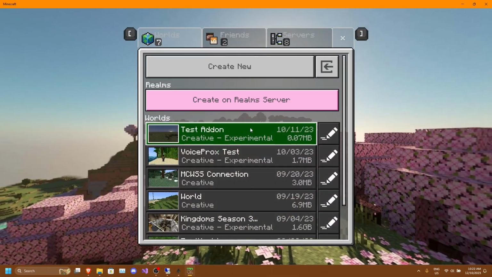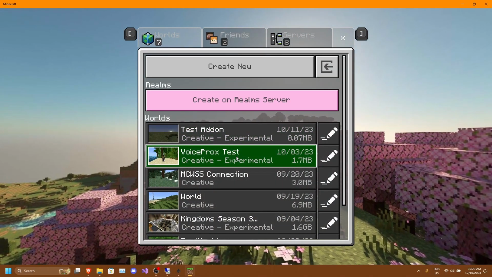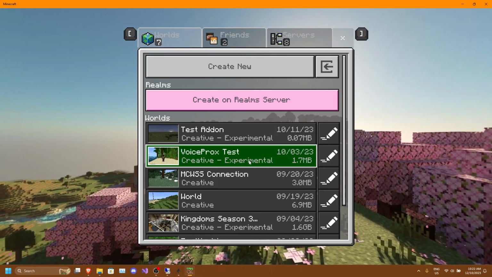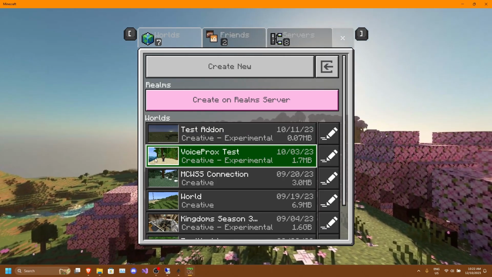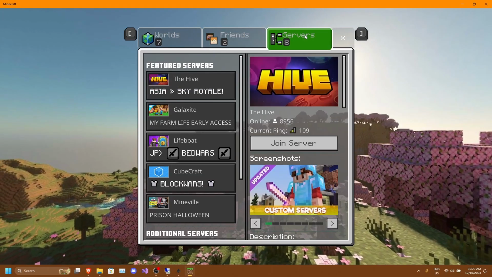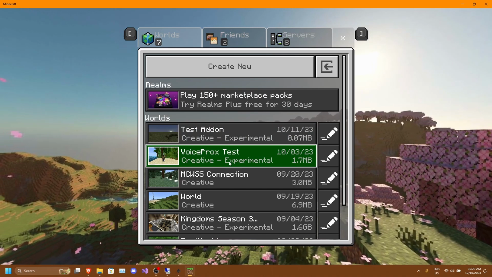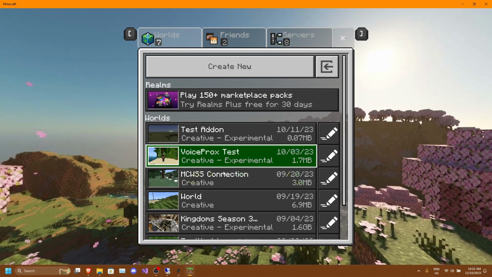Now, you specifically have to open up a single player world because we are going to use the /connect command, which is only available in single player worlds. If we were to connect to a realm or a server, we can't use that command. So we need to open up a single player world.